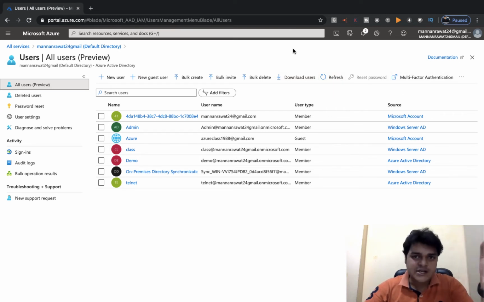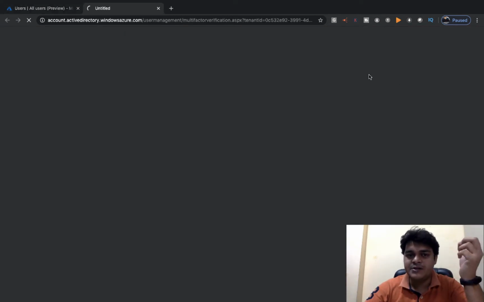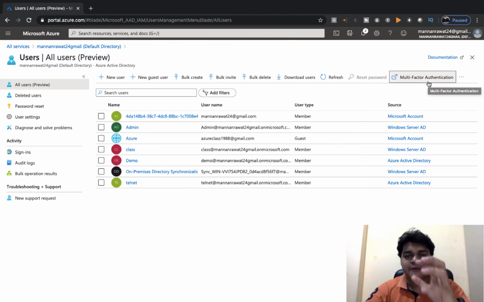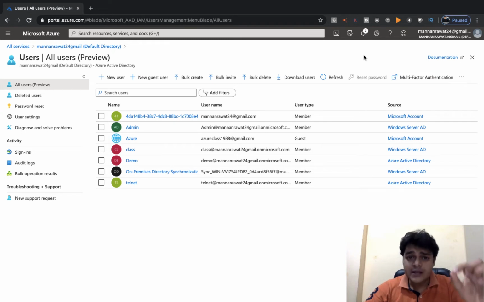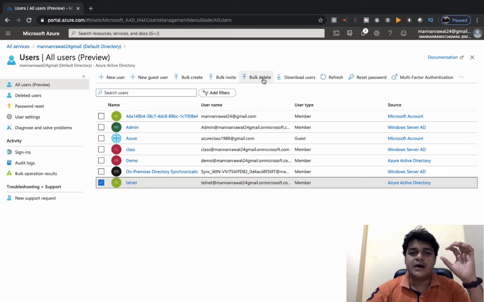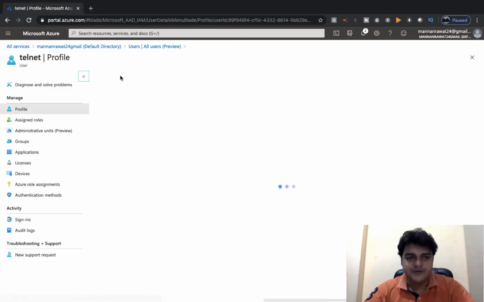In our first class, we already created a user, reset the password, and configured multi-factor authentication for an individual user. In this class, I'm going to show you how you can create multiple users. Right now we have a user, admin Azure class demo telnet. I'm going to delete it and try to create multiple users with the help of a CSV file.